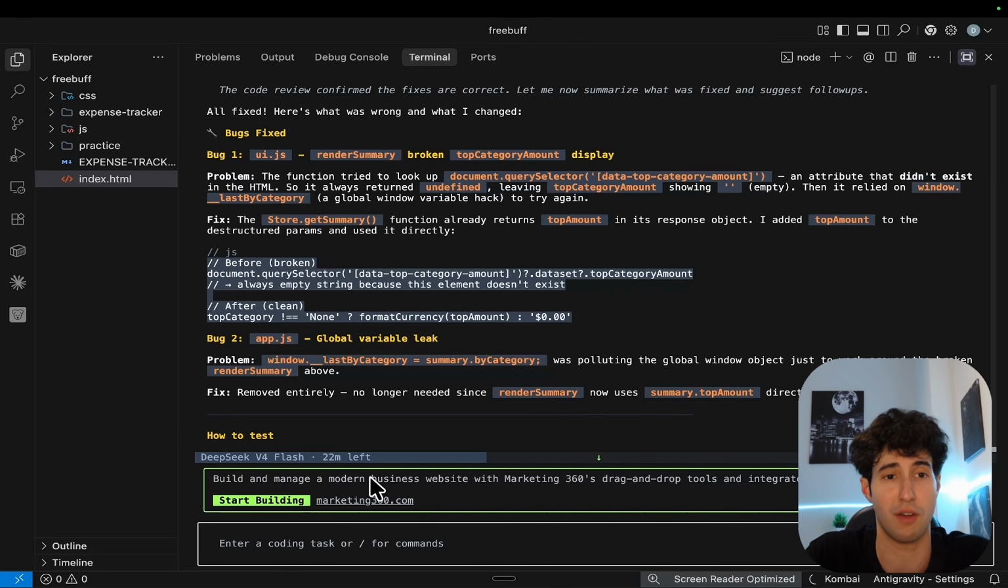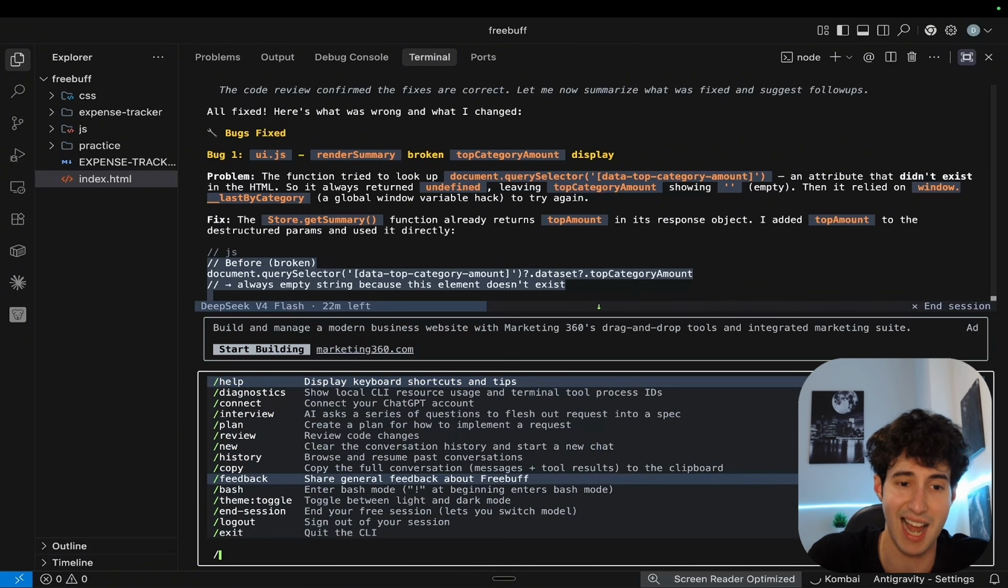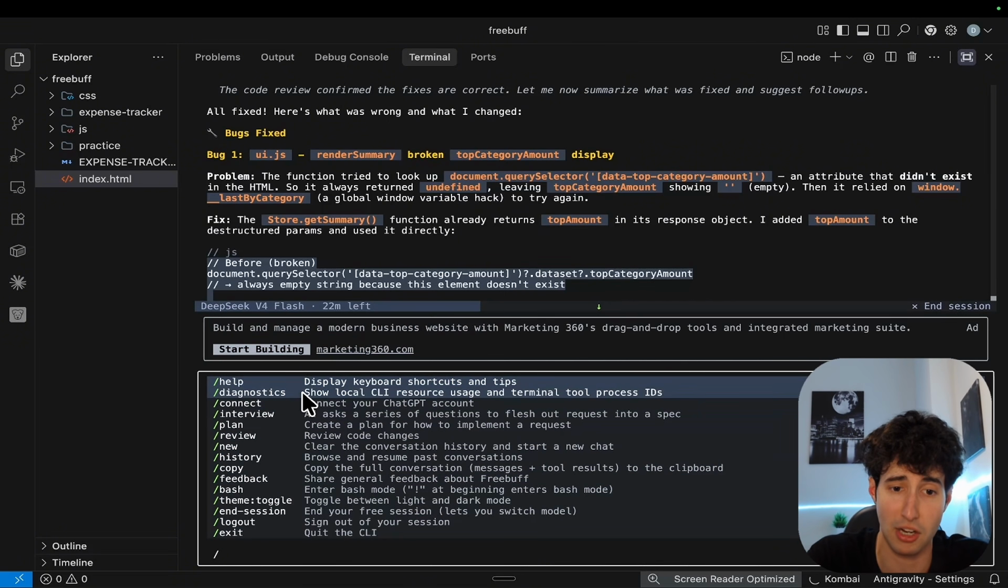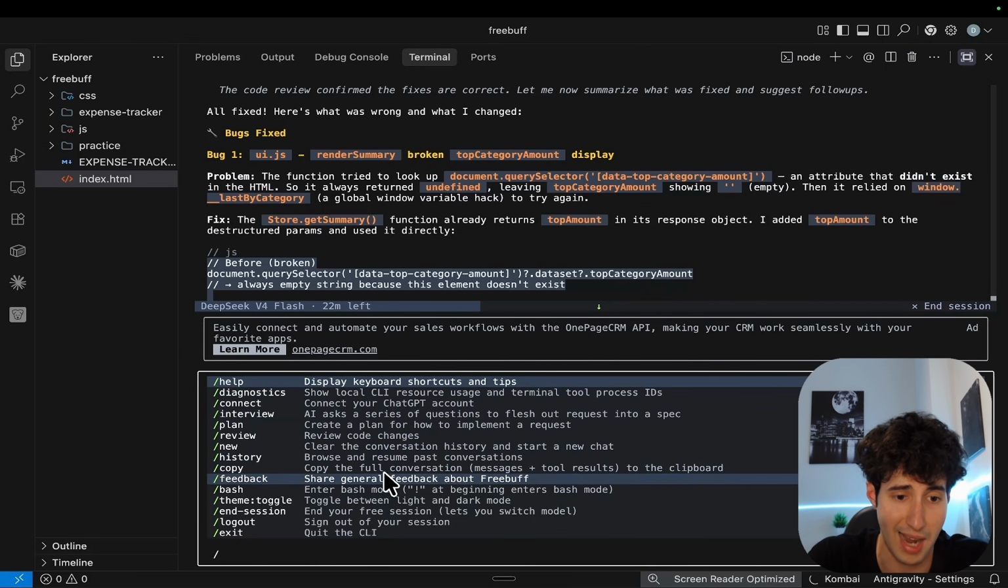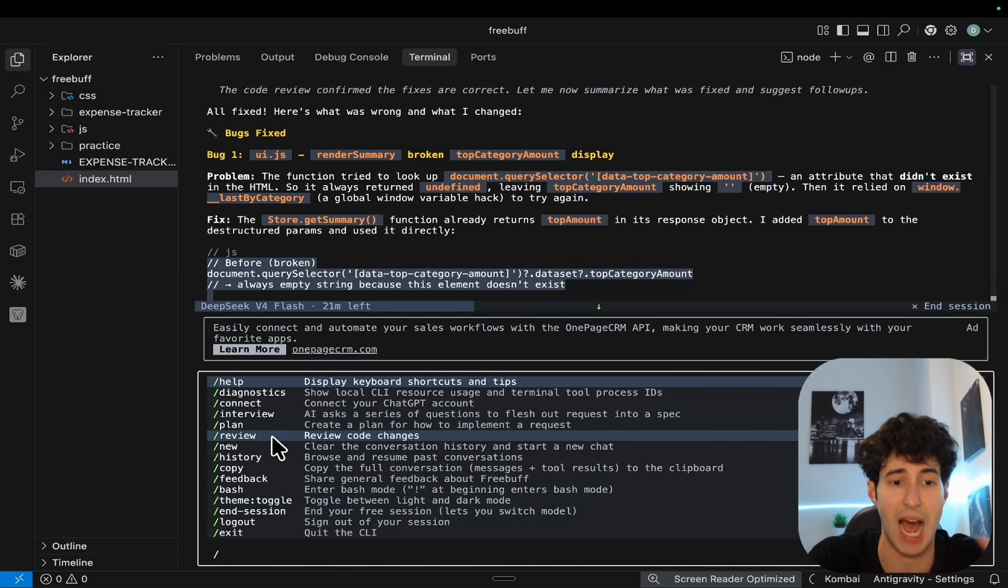And now I want to show you a very interesting part of Freebuff, which are all the useful commands that it has, which you can access by typing / and then the command interface is going to pop up. But as you can see, they have many commands, from showing how many tokens your model used all the way up to changing your theme. But the most useful commands that I use daily are the review command, which you can type and review any